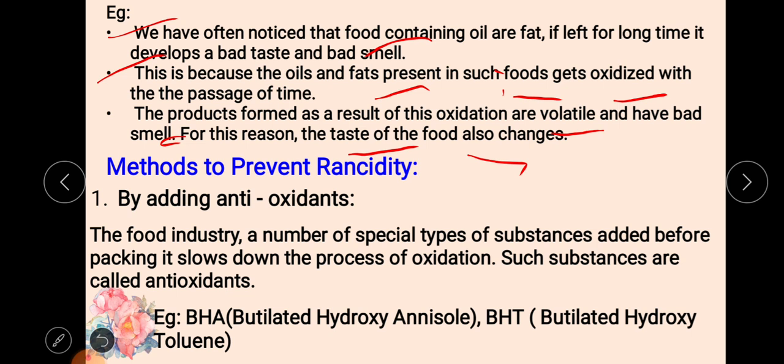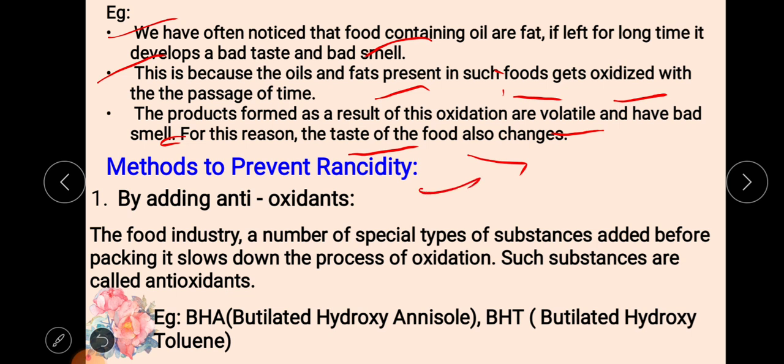So by combining with oxygen, the food loses its taste, and even a change of color sometimes occurs. We also know that spoilage of food is an example of rancidity. When you make rice, one day we can eat it, but if you do not keep it in the refrigerator and leave it outside, it loses water and gets a bad smell. That is nothing but rancidity; it became rancid.